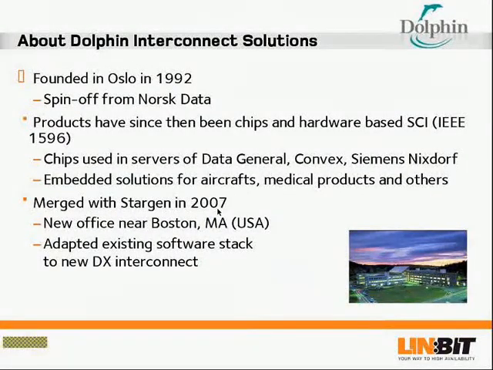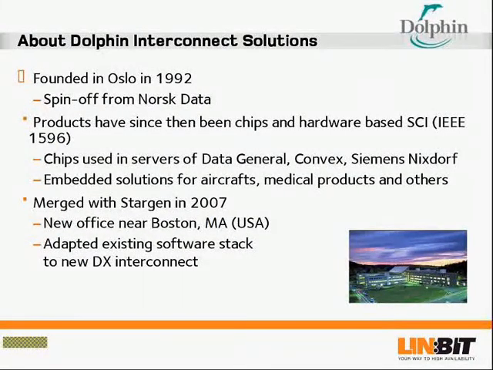And we have, since 1992, produced chips and hardware using these chips based on an interconnect standard named iSCSI. These chips are used in large shared memory servers from Data General and other companies to create a large shared memory, but they're also used in embedded solutions for aircraft, medical products, and other